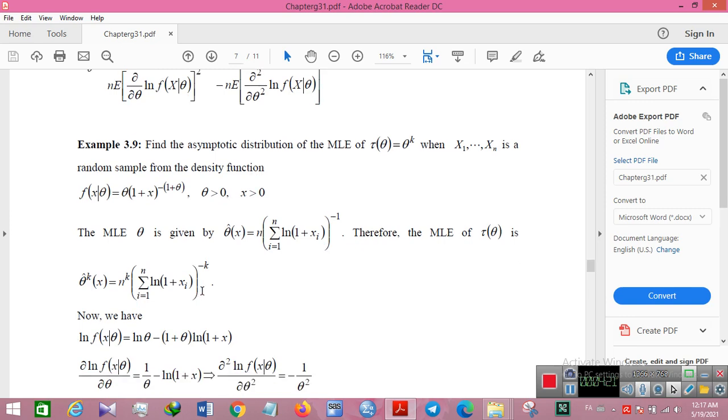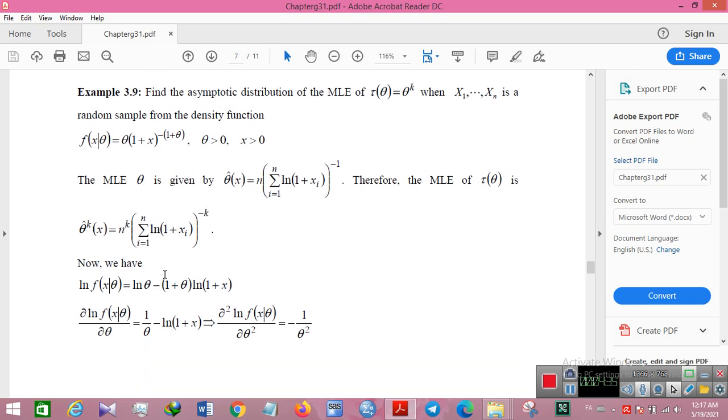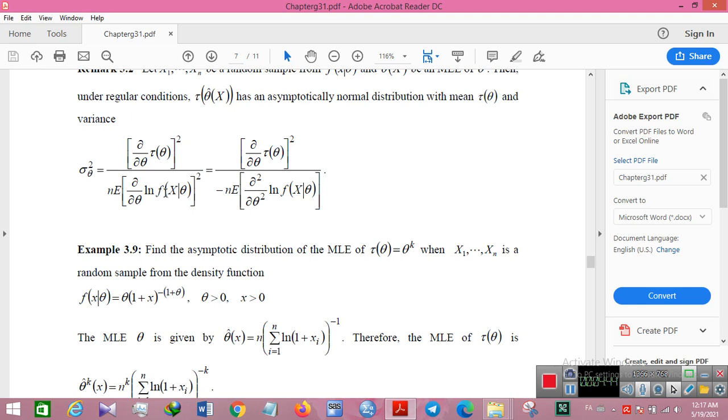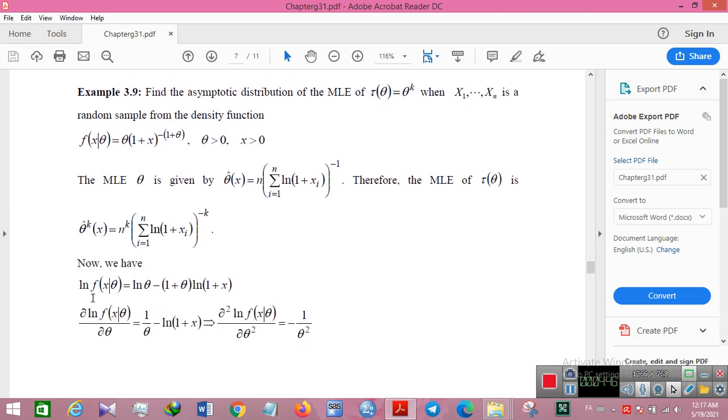The MLE of theta is that one. So the MLE theta hat is given by this. Now we look for the variance of this estimator. ln f(x) is equal to ln theta minus (1 plus theta) ln(1 plus x), and